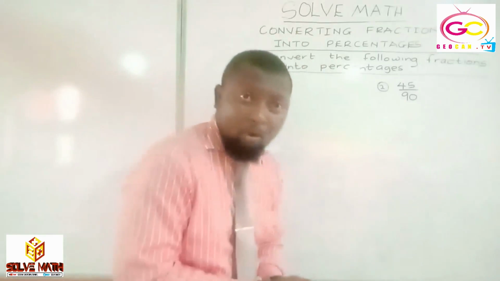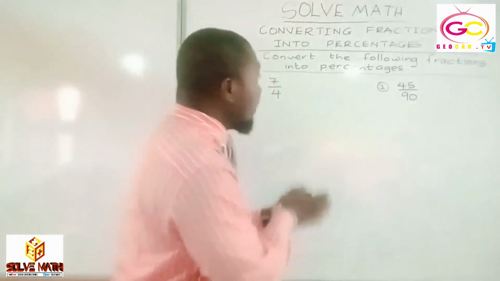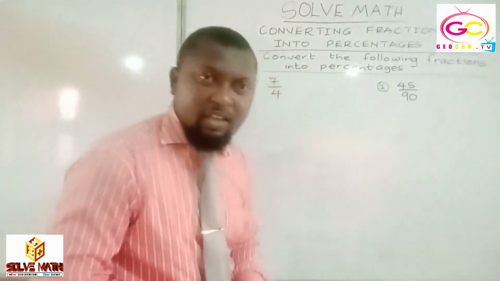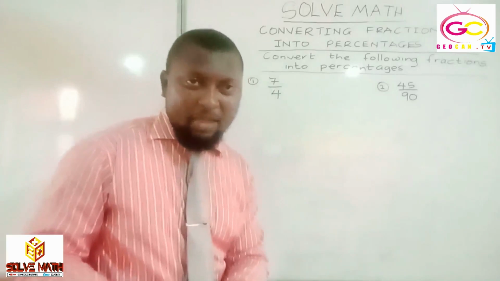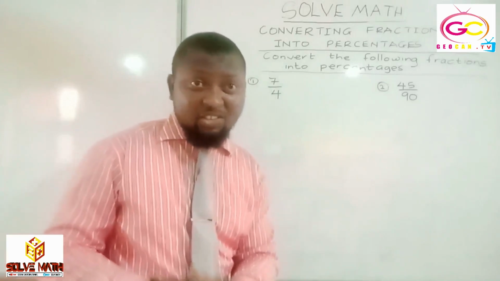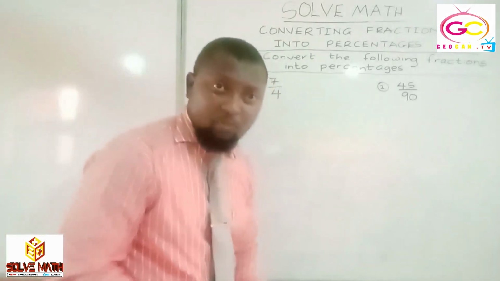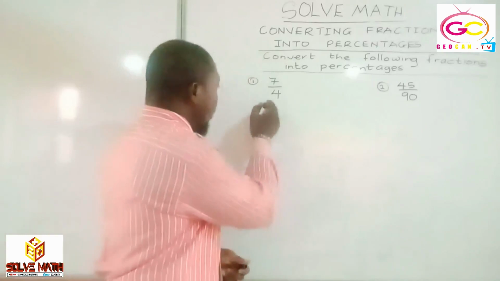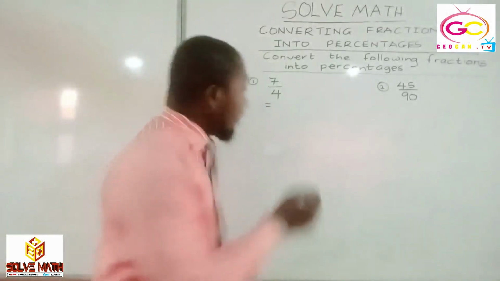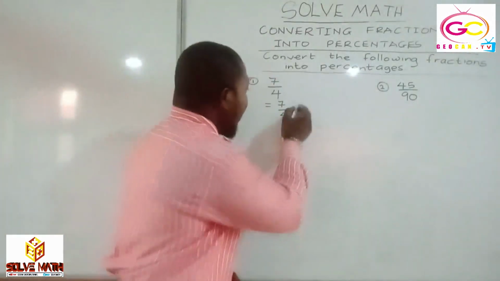Good. Rules are important. So what are we told to do here? To convert the following fractions into what? Into percentages. Good. Pay critical attention here. Fantastic. 7/4. So we just do what? Multiply it with 100%. So bring your equal to sign. It's very important. 7/4 times